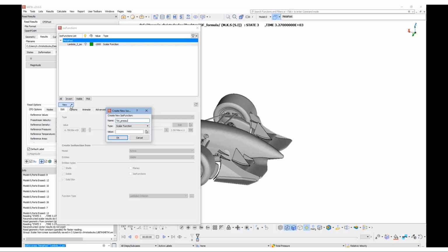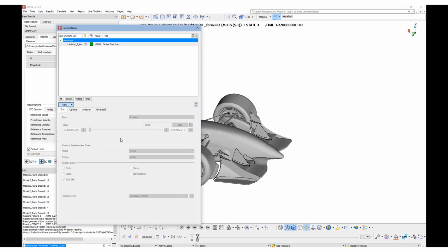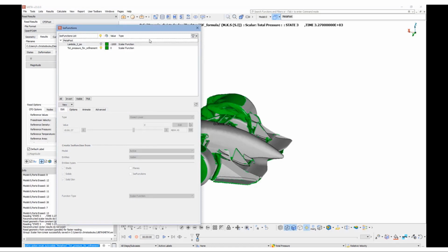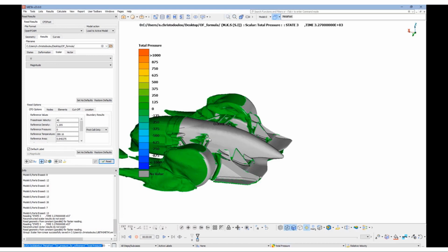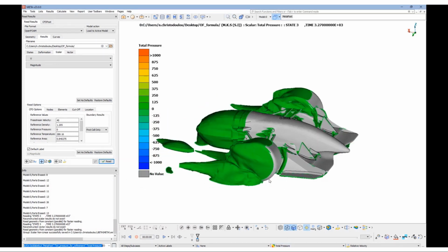So what we will do now is create an ISO function that will be a closed volume, and this later on can be output as an STL and can be imported in ANSA in order to use this closed volume as a refinement area while building the mesh. While we do that, let's also overlay results of the velocity magnitude on the ISO surface for visualization purposes.